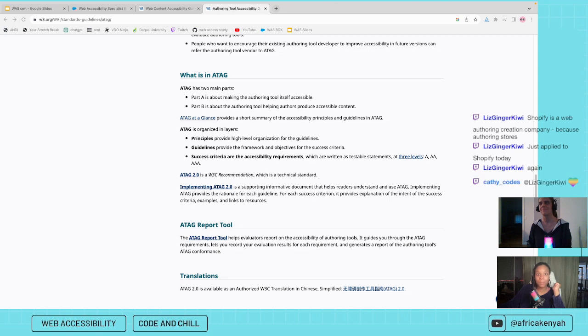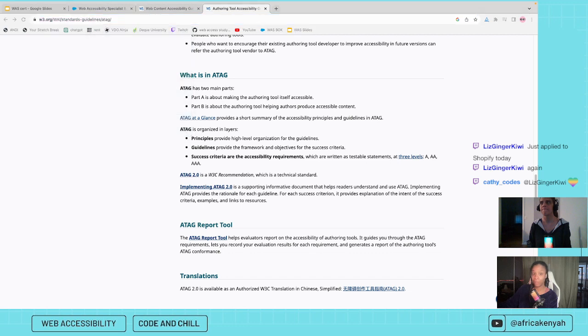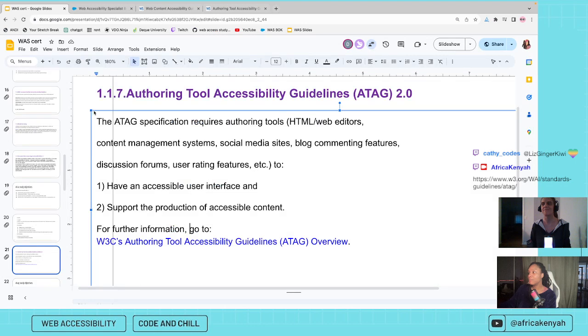Yep. All right. So we're not going to get too in the weeds about ATAG. I think it matters that you just know what it is, know what it's talking about, and know who it's for. If you are interested, however, I'm going to throw this in the chat, in case we got somebody in here who really is itching to learn more about ATAG. Have at it. Okay. Wow, we got through that.